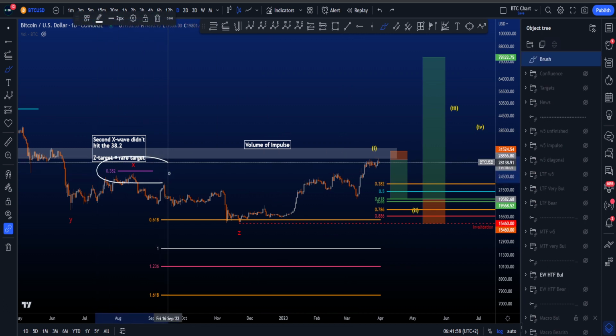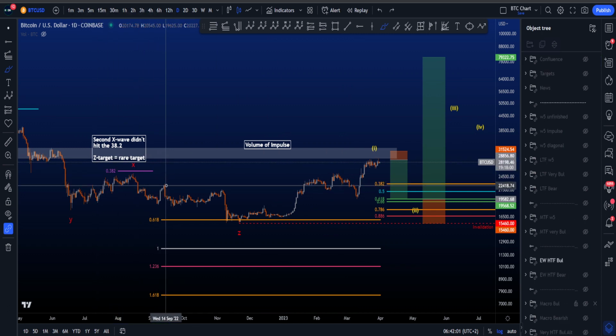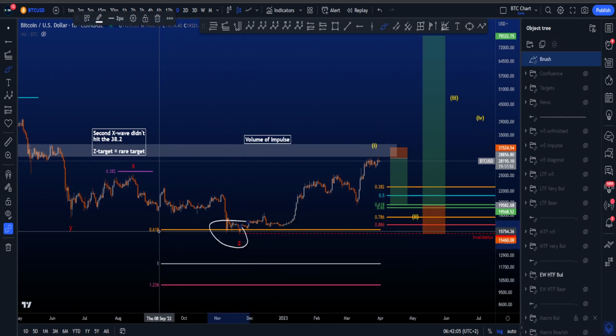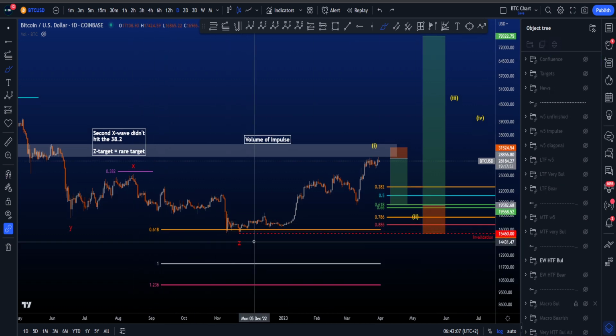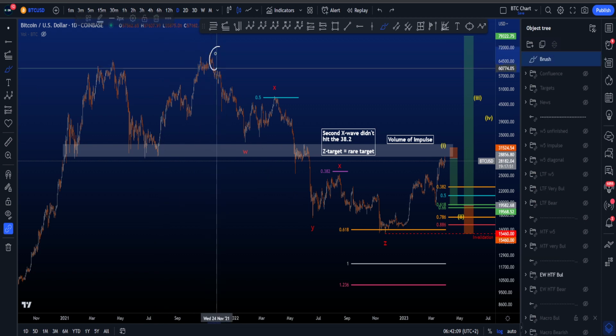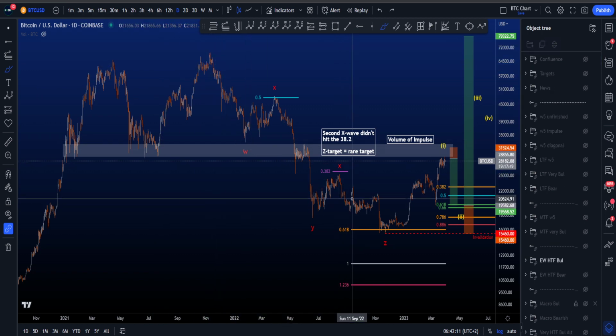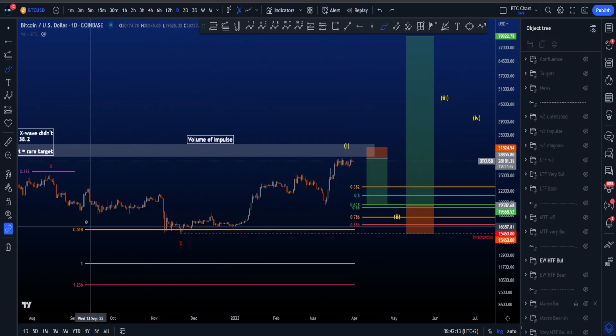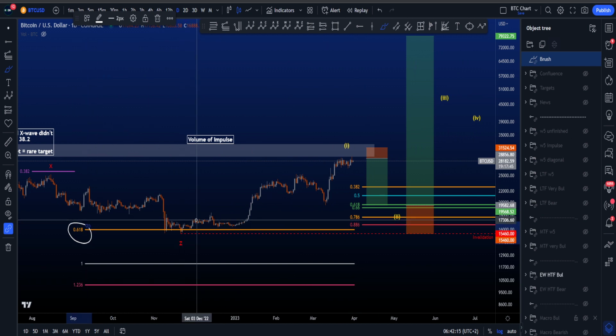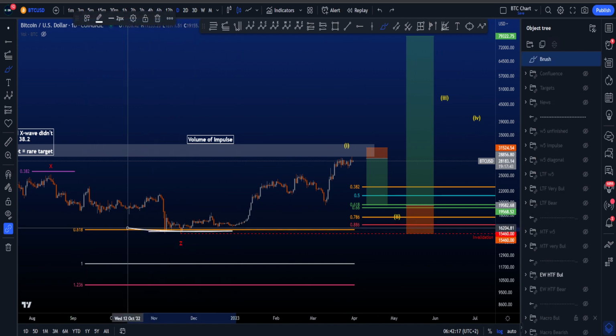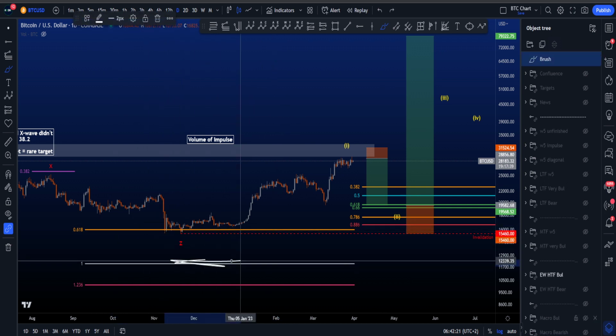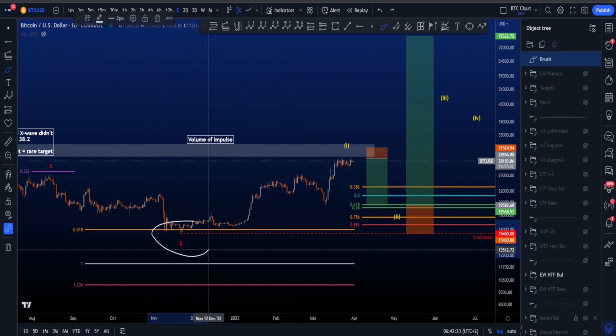Wave X over here just missed out on hitting the 0.382, which is very rare, but in this scenario it's valid, and wave Z ended right on top of its rare target, which is the 0.618, pulled from the all-time high to the low of W to then the high of this X. However, even though wave Z, the 0.618, is a rare target, this is of course on the macro time frame, the 0.5 Fibonacci here as well. You don't want to see candles close all the way here below the 0.5,